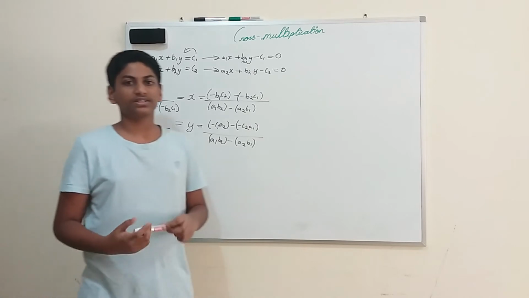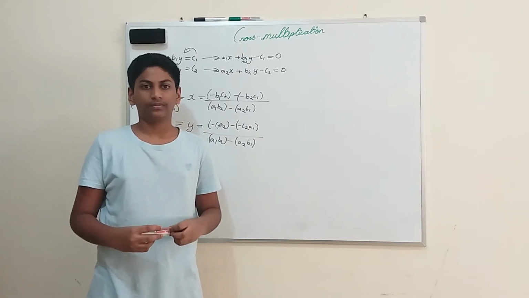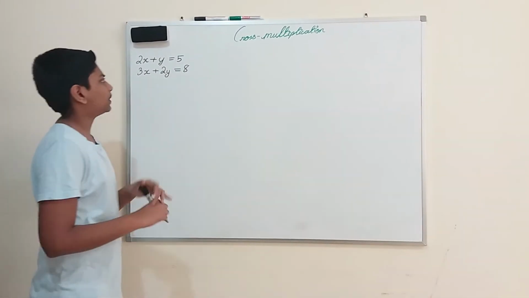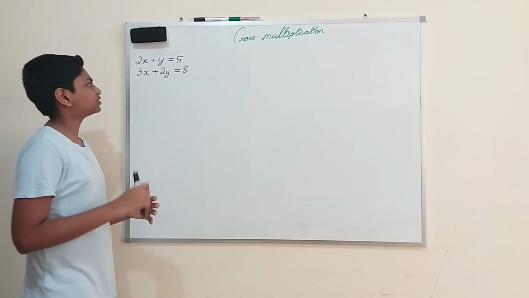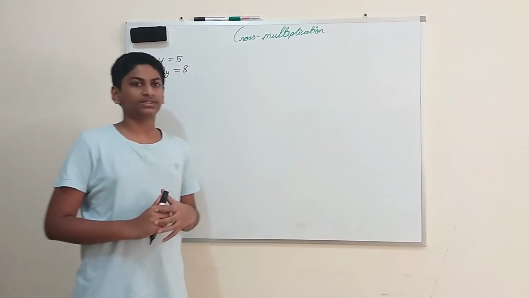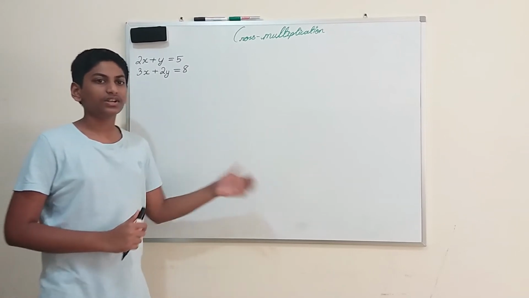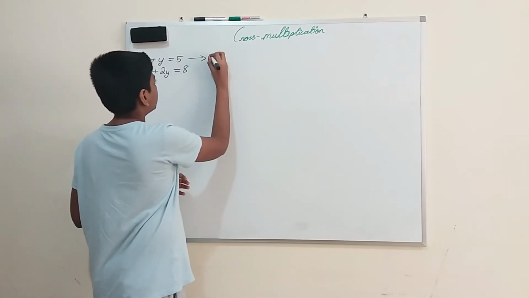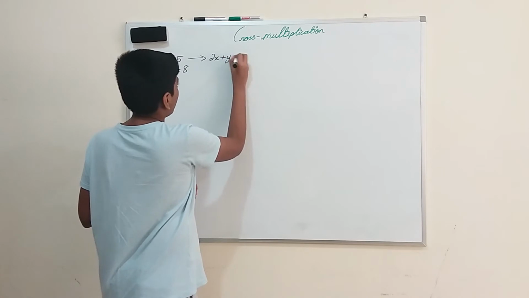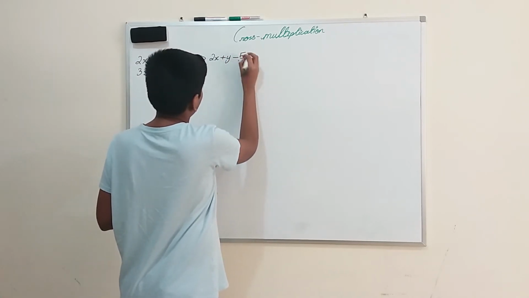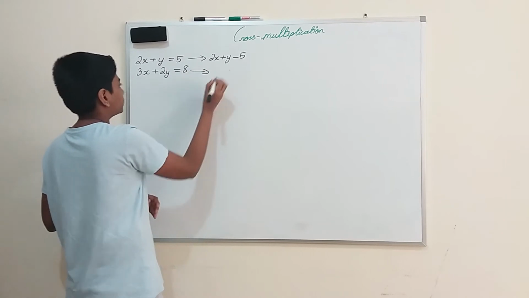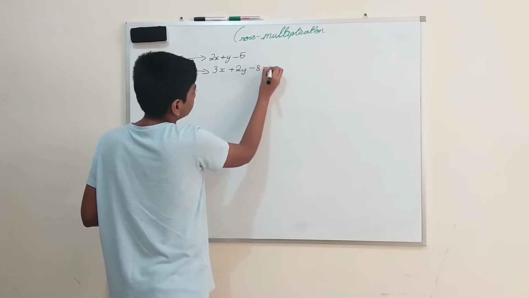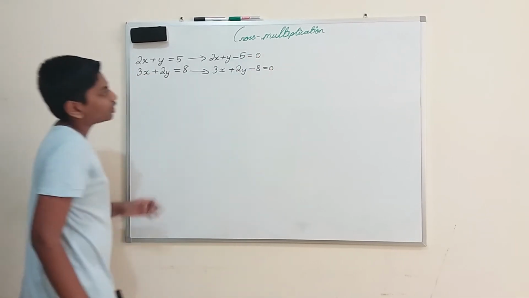Now let's solve a small equation under this topic which has some values. Here we have some equations, so let's solve them. Here 2x plus y equal to 5 and 3x plus 2y equal to 8. Here something is missing. What should we do? We should move C1 and C2 to the left hand side. So we'll convert them into 2x plus y minus 5, which is equal to 0, and the second one, 3x plus 2y minus 8, which is also equal to 0. Now we got our thing.